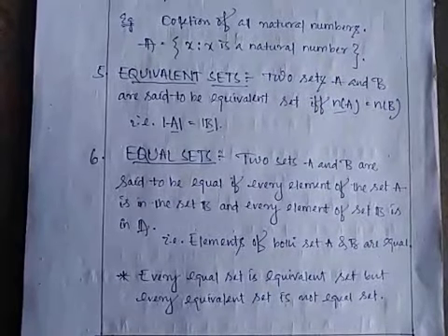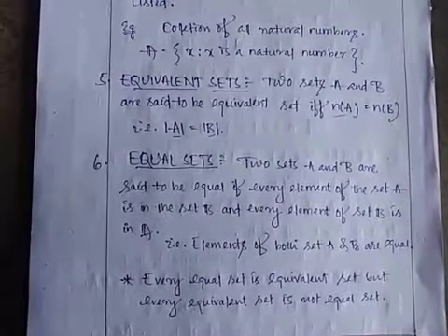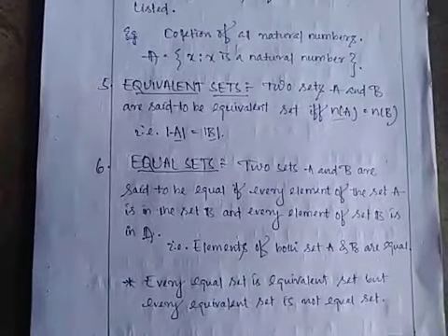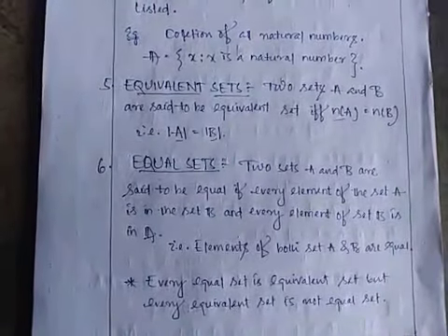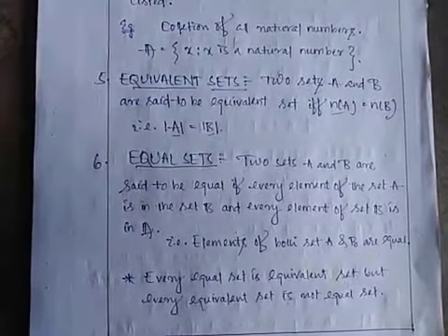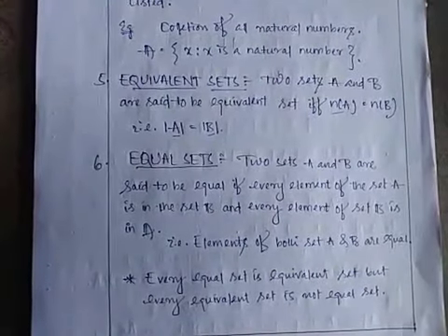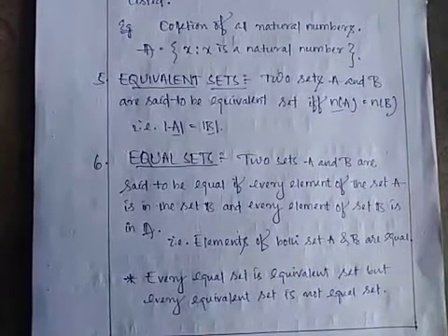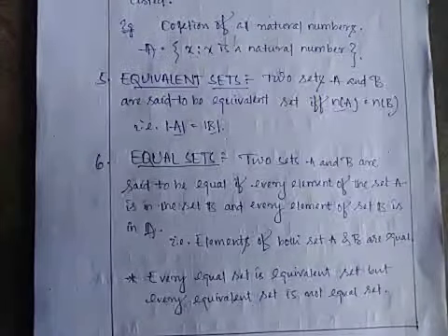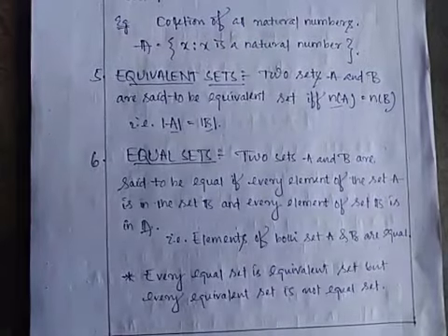And this is all about today's class. So in this class we read some types of set, that is empty set, singleton set, finite set, infinite set, equivalent set, equal set, and I will shortly define the sets again. What do you mean by empty set? If the number of elements in the set is 0, or with respect to cardinality, if the cardinality of that set is 0, then also we can say the set is empty set.